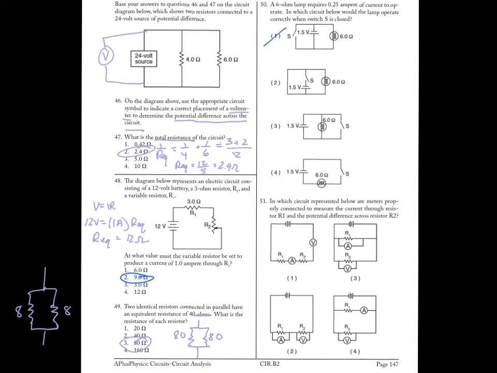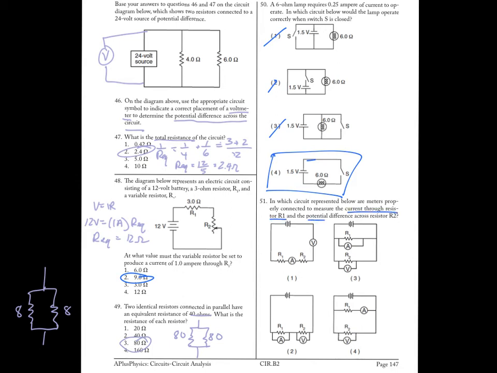So that's not it. 2. Nope, that's not it. 3 is almost the same thing. The only one that fits the bill is choice 4. You have 0 amps running through the circuit when it's open, but when you close it, you finally get 0.25 amps. Number 51. In which circuit represented below are meters properly connected to measure the current through resistor R1 and